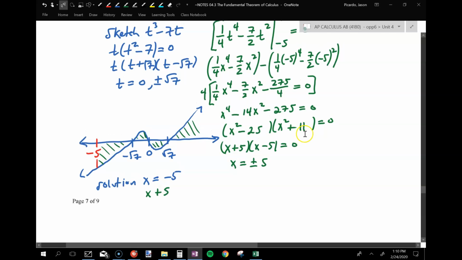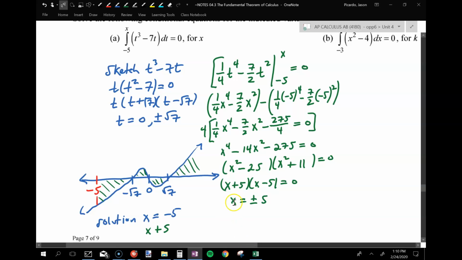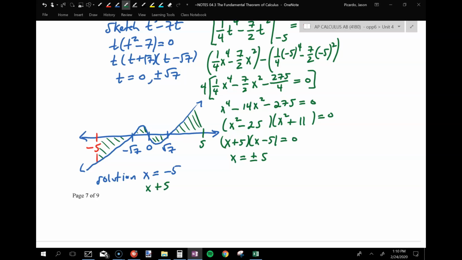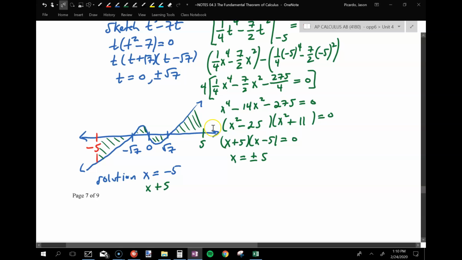Cool. Now, what does that mean, guys? That means that if I go negative 5 to 5, I've accumulated nothing. That means that this function must be perfectly symmetrical, perfectly symmetrical and odd, right? It's an odd function. Isn't that cool? Yeah, so